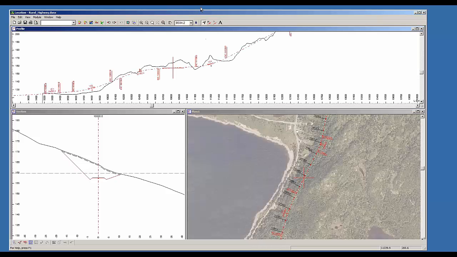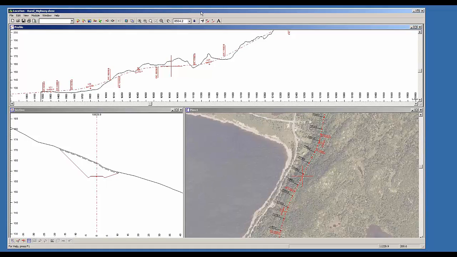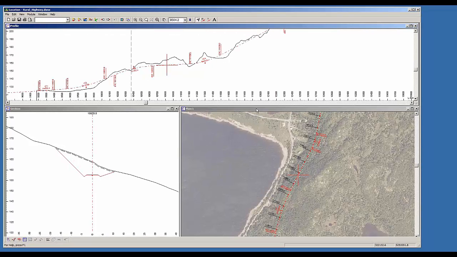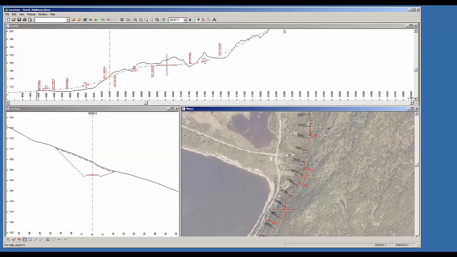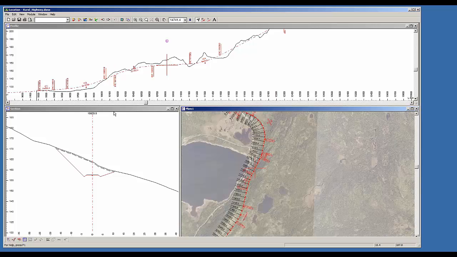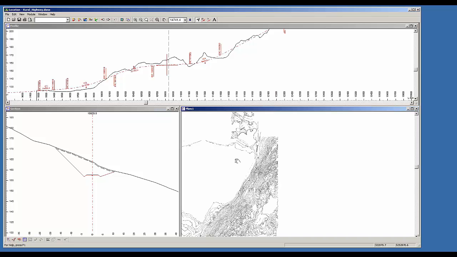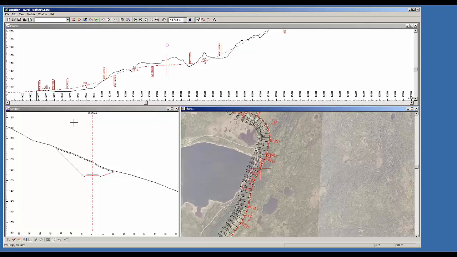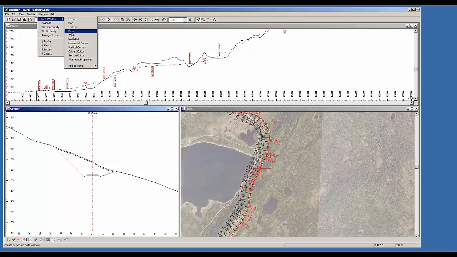Okay, so here is a completely different design situation. This is a rural highway, quite a long road, and I want to know how I can get information out of RoadEng so I can slope stake it, give it to a surveyor. The most straightforward way is to put it into what's called the data window. So I create a data window,